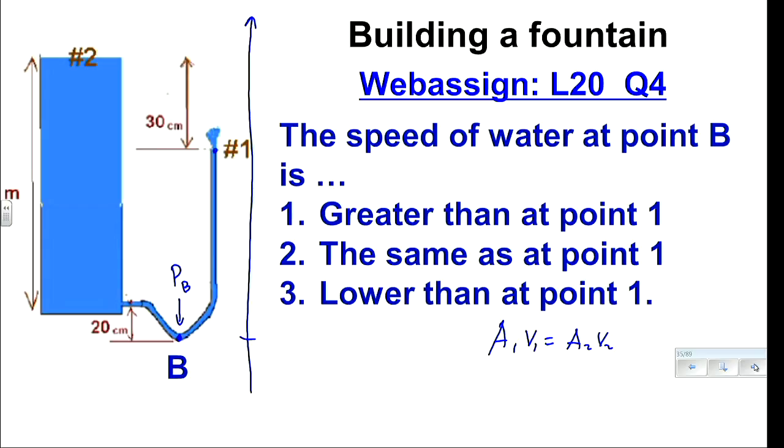Now we keep the same point 1, and this is not point 2. That's point B. So we should write pressure at B plus should be equal to pressure at 1, which is atmospheric, plus